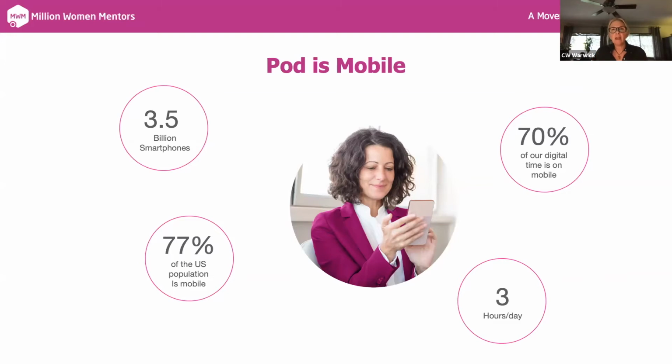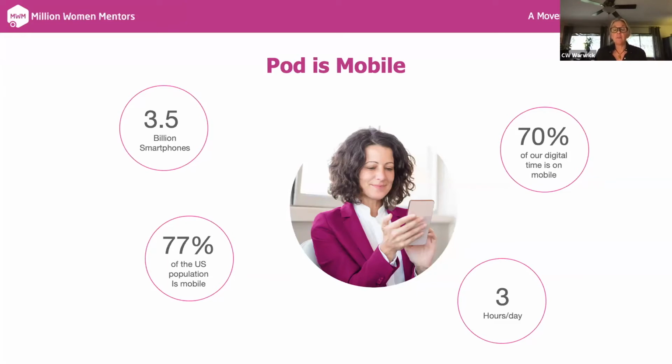And the fact that we have that immediacy of interaction is really important, and I think it generates more meaningful engagement and communication with other people. So why is mobile important? It's important because there are 3.5 billion smartphones in the world today. And in the United States alone, 77% of us are on mobile. So when you think about growing the movement, when you think about creating community, there really is no other convenient channel or device other than connecting with people on their smartphone.